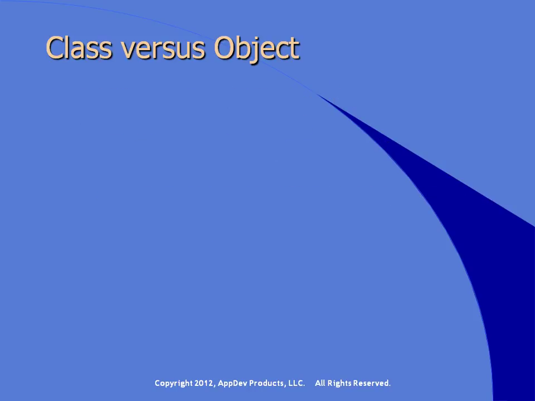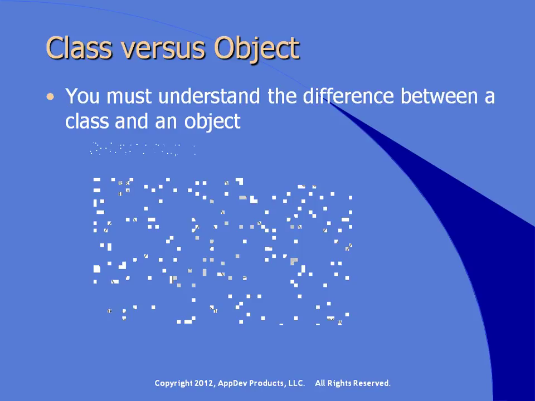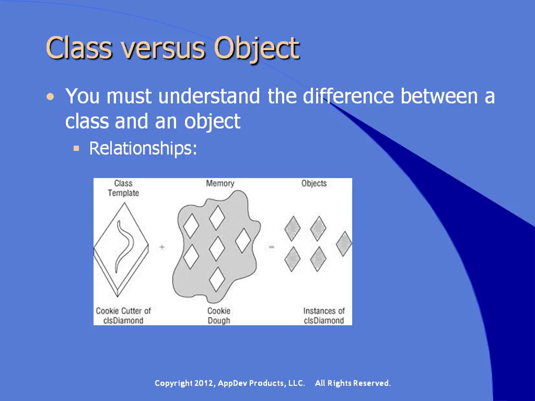Now, clearly I'm trying to make a distinction that there is some fundamental difference between a class and an object. And it's absolutely imperative that you understand this difference for all of this to make sense. The penny will drop only if you get this basic understanding. There's a relationship. We could write a class, and if you look at the bottom of that little graph, or diagram that we have up there,